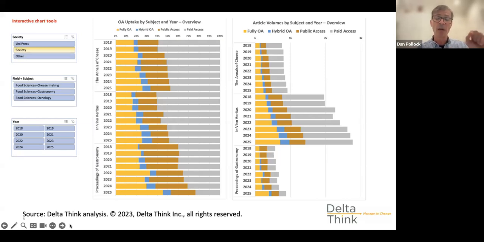And one of them that we think is quite important is whether or not journals are published by a society or not. So behind the scenes, we've done quite a bit of work to classify data and differentiate between university presses, societies, and what we term other. So that would be your largely commercial publishers, maybe a few not-for-profits in there. And quite often that can be important because, especially if you are one of those sorts of publishers, you might want to compare like for like.